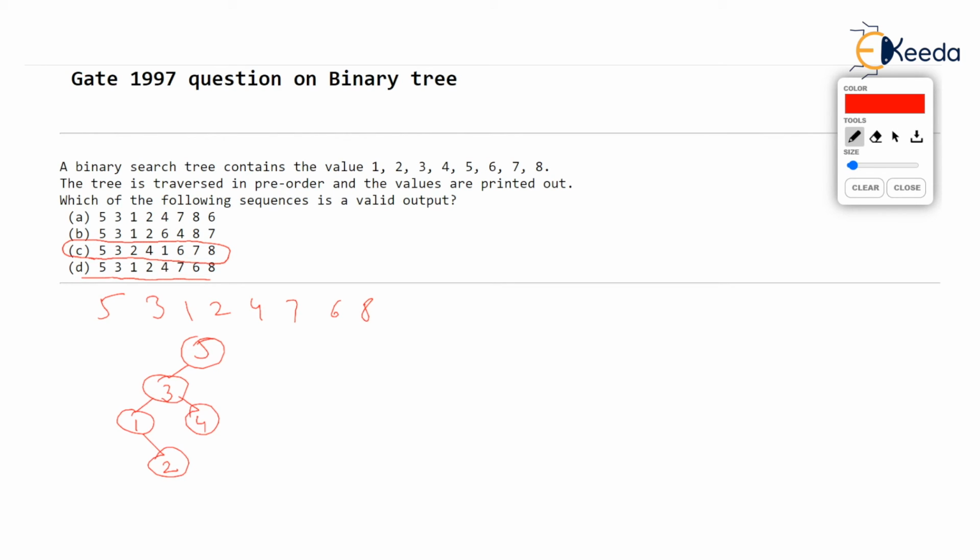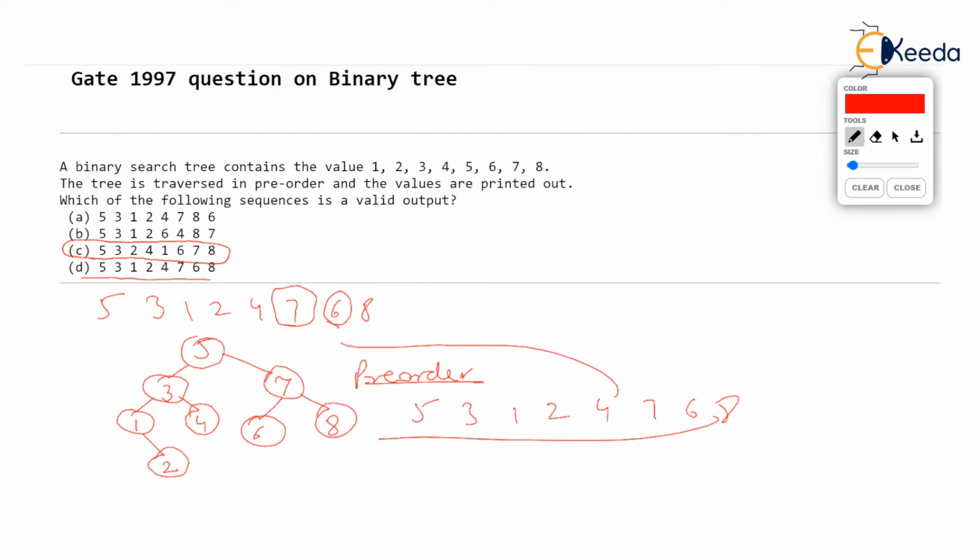Now if you take this 7, next value, 7 will go to the right of 5, 6, the next value, according to usual insertion algorithm, will go to the left of 7, and 8, last value, will go to the right of 7. If you perform pre-order on this tree, you will get 531246768, which perfectly matches with the pre-order. So option D is correct for this question.